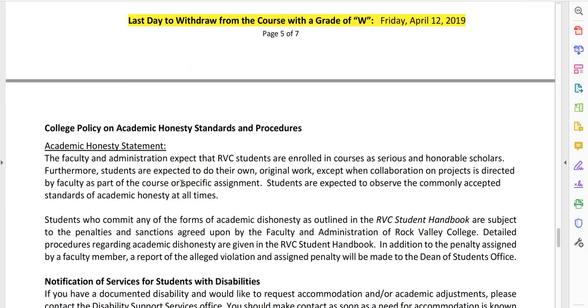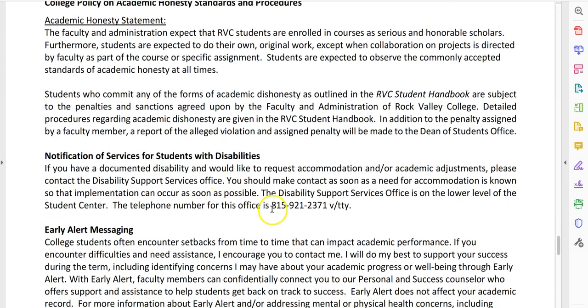College policy on academic honesty. If you have a disability and you need special accommodations, as an online class, it's kind of tricky sometimes to do this, but if you need something, you need to contact me. Let me know that you want the accommodations that the Disability Support Service Office has sent me on you. Otherwise, I will assume you're good.